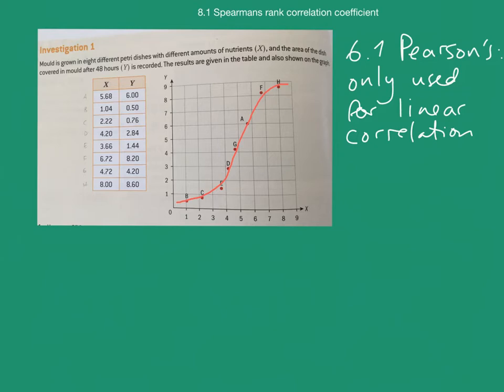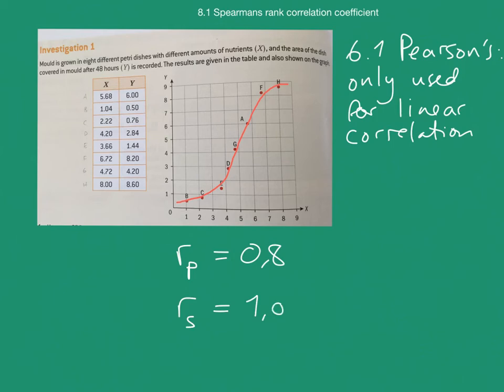So we can use Spearman's rank correlation coefficient to find nonlinear correlations between variables. Let's say, for example, that the R value, let's put a little index here for Pearson's, the R value for this data set, let's say that this would be 0.8, and we could actually find that the R value for the Spearman rank correlation coefficient shows that there is perfect correlation between